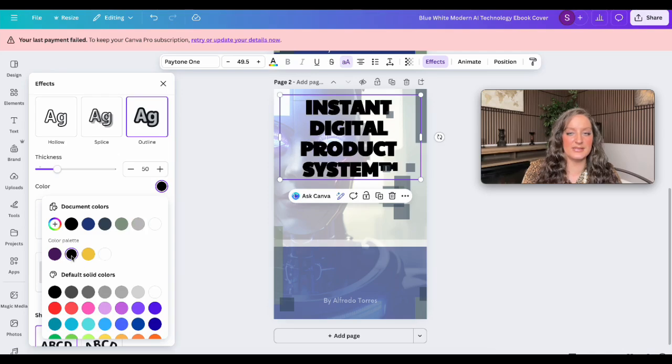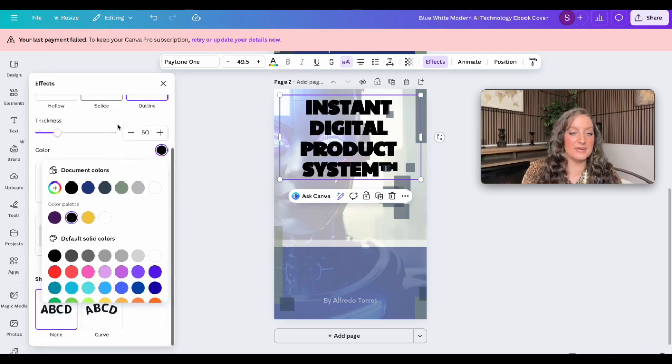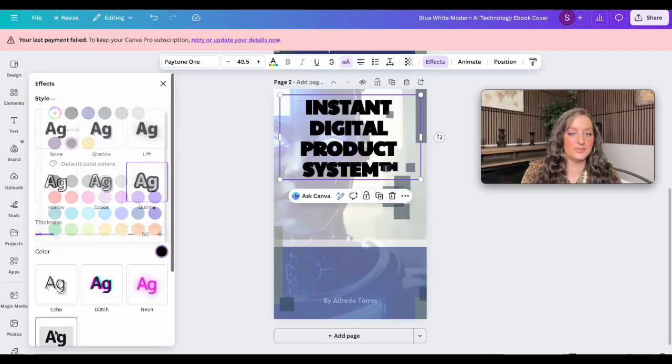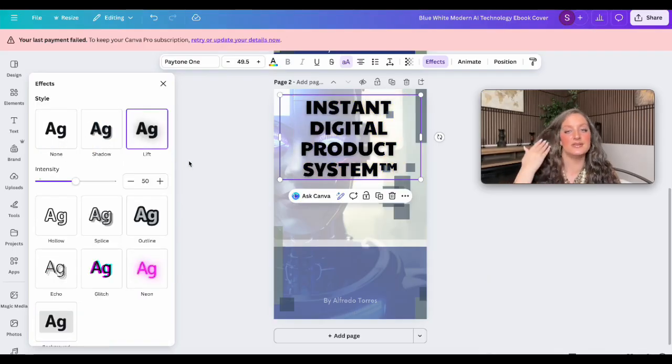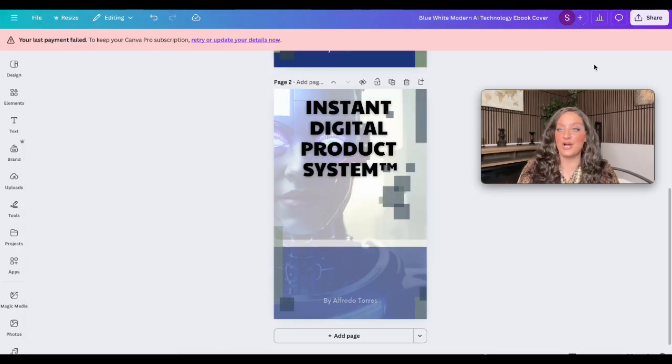It's a black, right? To make it really pop. Or you can come down here to this one and it gives it like a background like that. We're going to keep it on lift. All right. So now that we have our title, now we're going to go to our document and we're going to grab